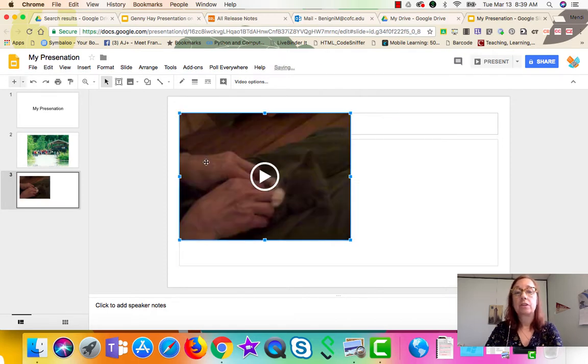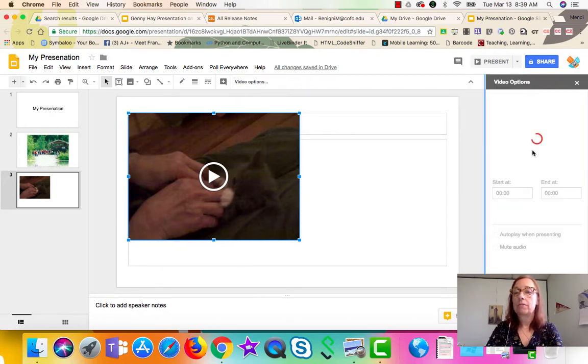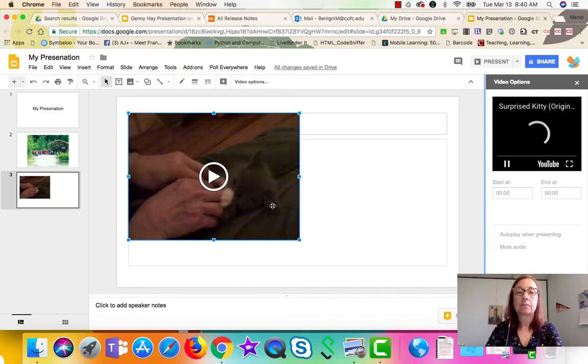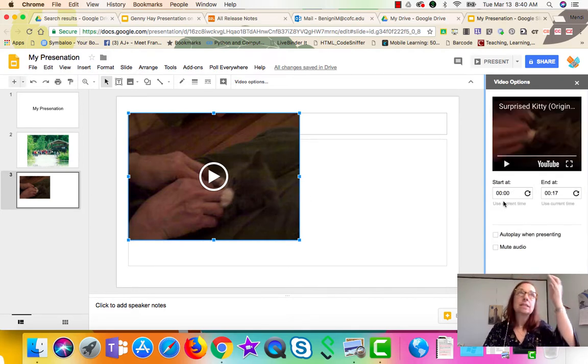Now this is another feature that I really, really love. So here I have video options, and if I click on that, then it's going to open my video options panel on the side. Now, let's say I found a great video on YouTube, and it was a 5-minute video, but I only wanted to show 30 seconds of a clip. I can do that by typing in the start time here and the end time here. So while this is a very short video, I don't have to start it at the beginning. I can say start it at 10 seconds in,